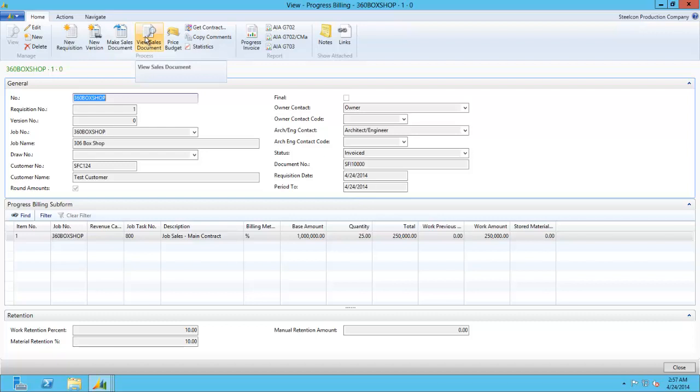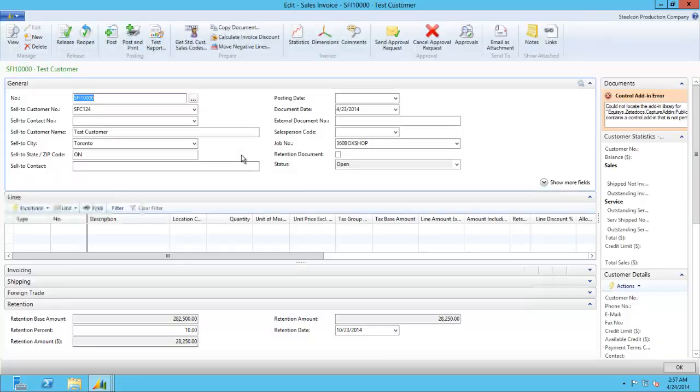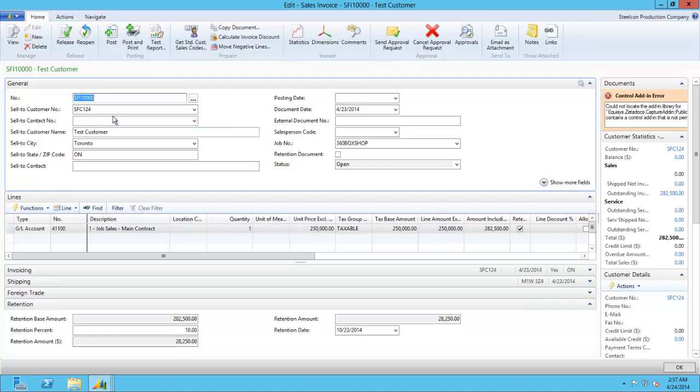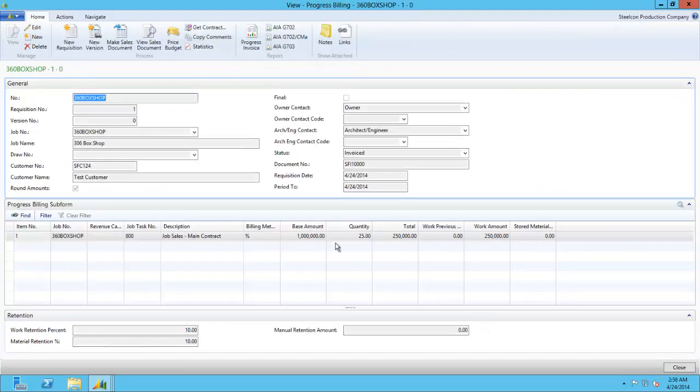To view the invoice, you would click on view sales document, and you would, in our case, see the 250,000 with 282,500 including taxes, and the 10% holdback. In our example, the holdback is deducted out of the total amount including taxes, but there's also the option to deduct the holdback out of the total amount before taxes. We then click OK on the specific sales invoice,